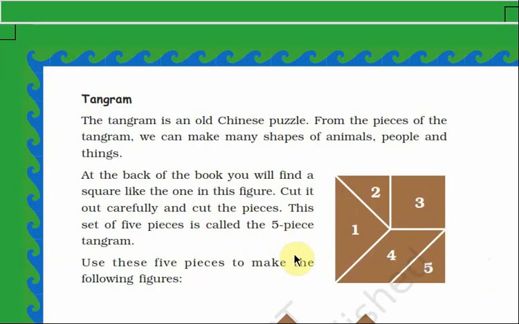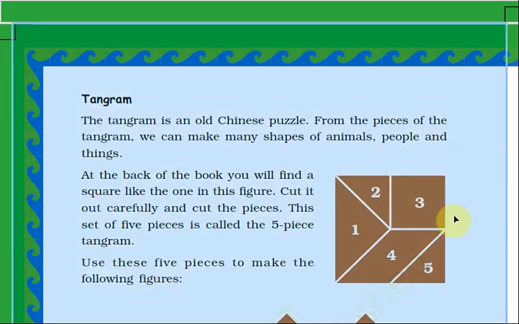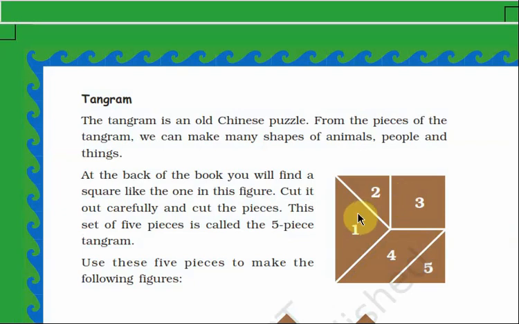Okay. So let us see the shapes of the different pieces. Look, this is the first piece. This is in the shape of a triangle. See the second one. Second piece is also in the shape of a triangle, but it is a small one. Next one is this third piece. What is the shape of this third piece? It is in the shape of a square. And see, fourth one. It is in the shape of a quadrilateral, otherwise a parallelogram. Next one, this is the fifth piece. Fifth piece is in the shape of a triangle.